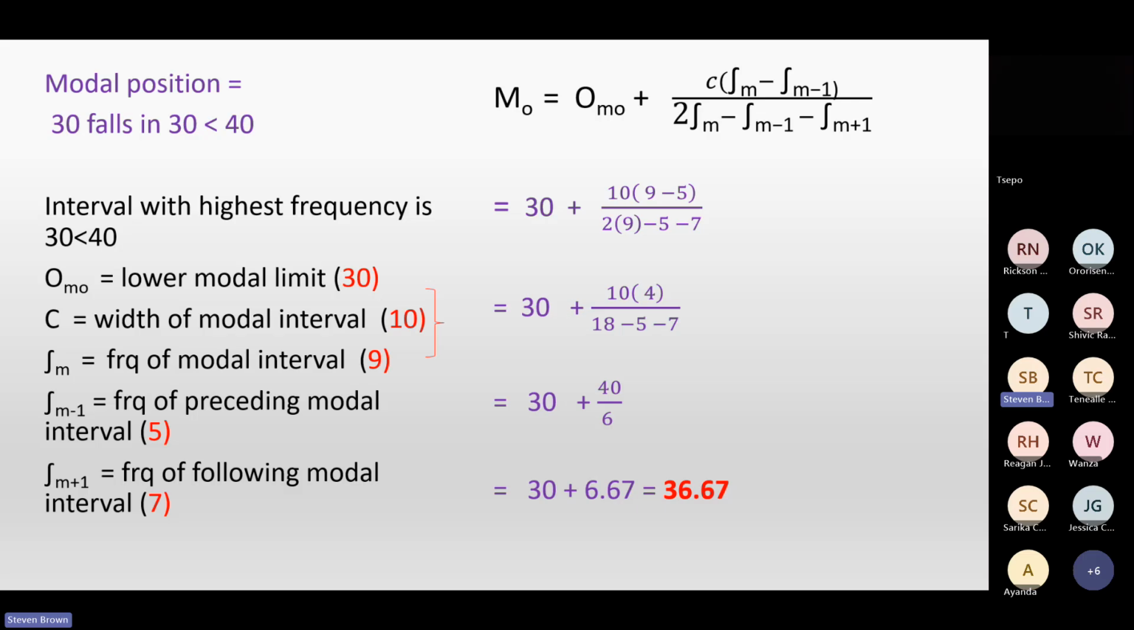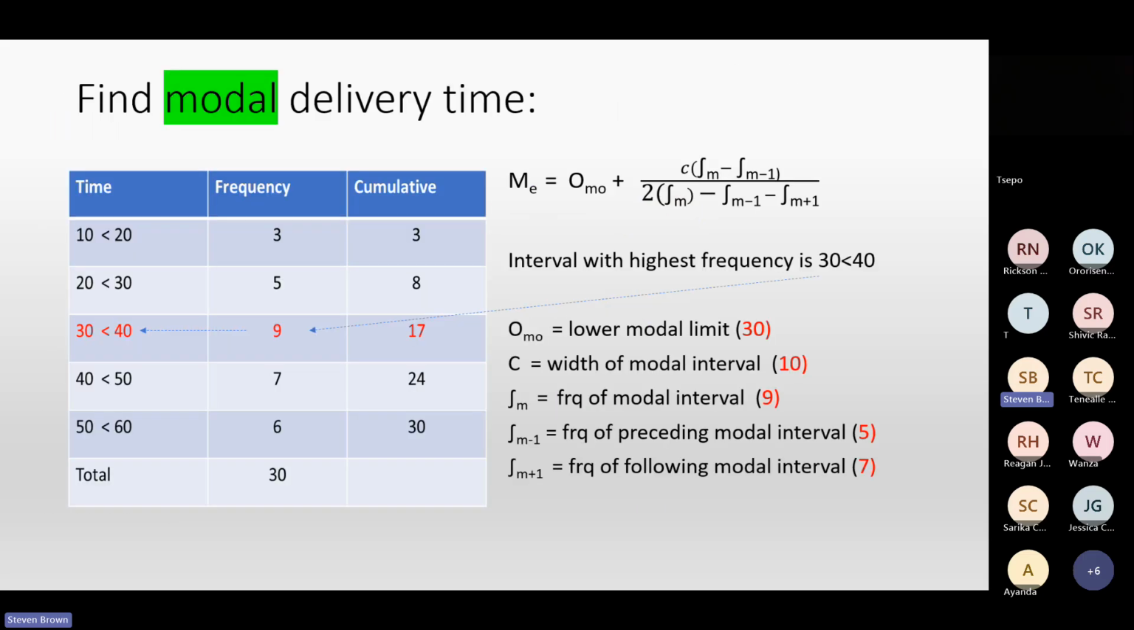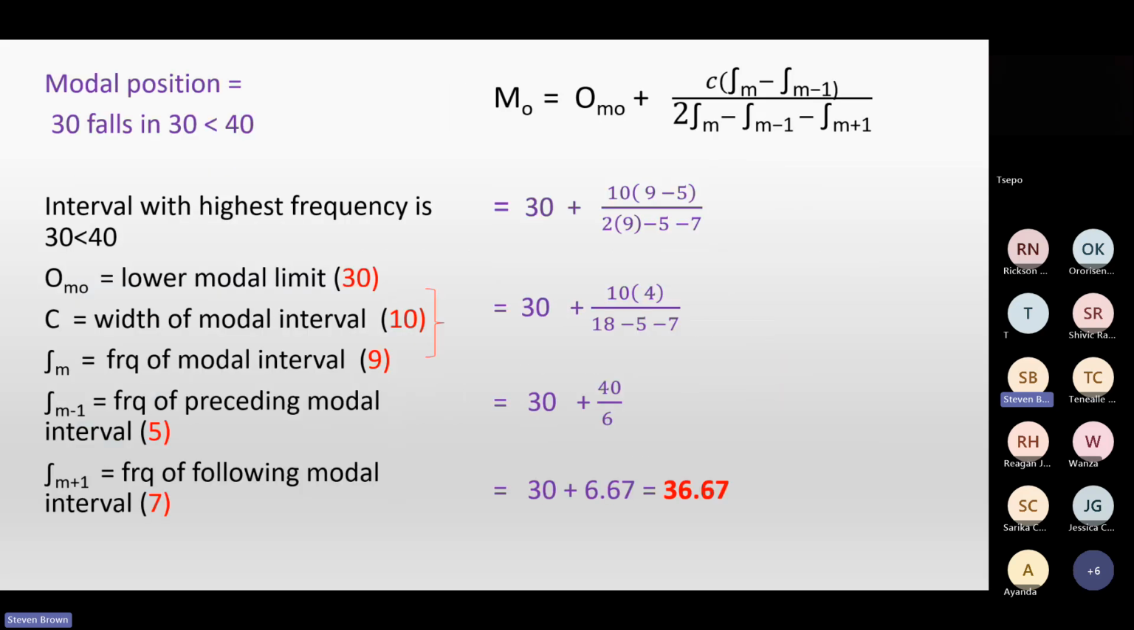Again, class, remember your rule of thumb. This number must fall in the modal interval, which it does, okay? So it falls between 30 and just under 40. So we write that it actually works. That's your modal position. Now remember, you're looking at 3 calculations in measures of central tendency: the mean, which is